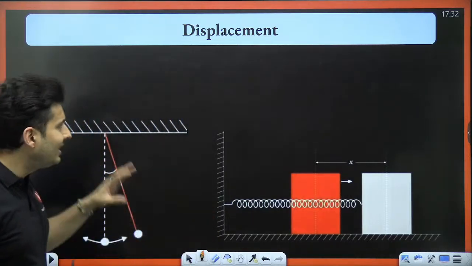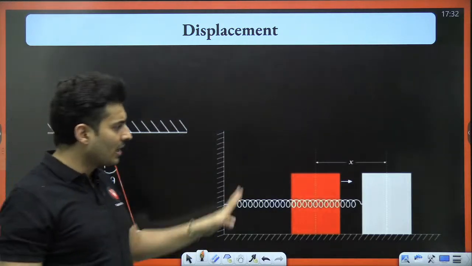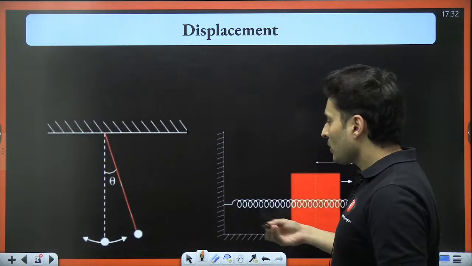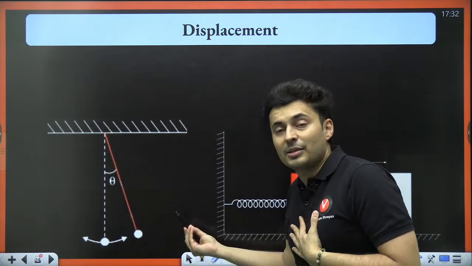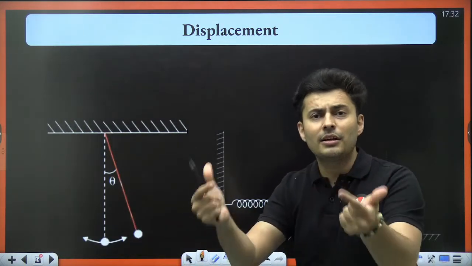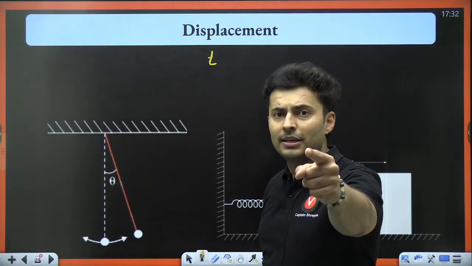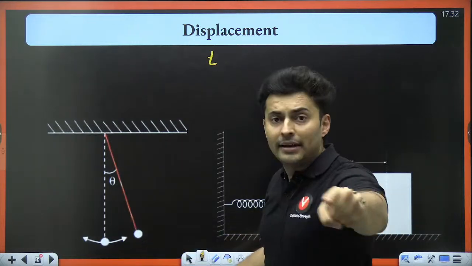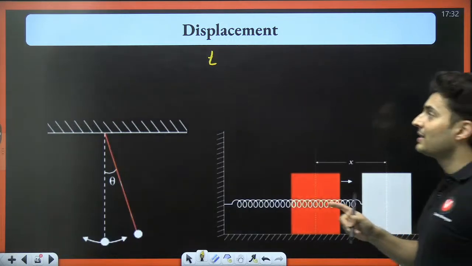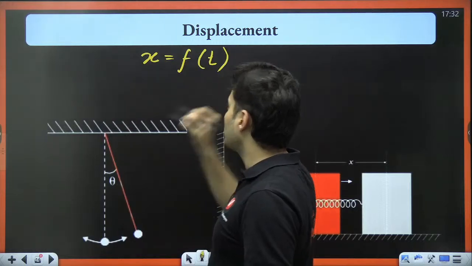So in any of these kinds of motions, which are oscillating and periodic, or in general any kind of SHM, you are often interested in the displacement or the position of the particle. Where is it now? I will tell you, hey listen, the time is t. Tell me where it is. You will be like, yeah, it is here. At this time, where is it? It is here. So you are often interested in the position as a function of time.